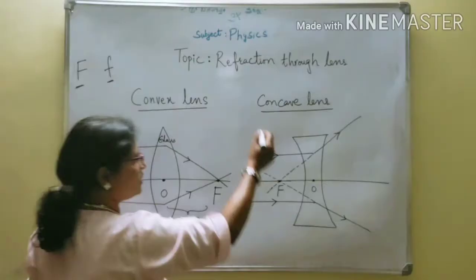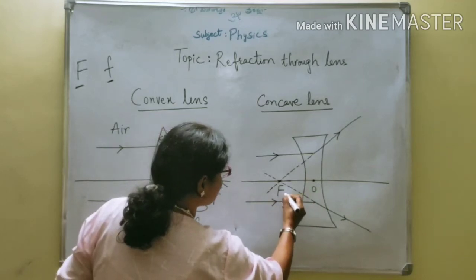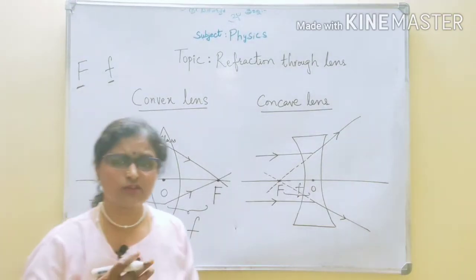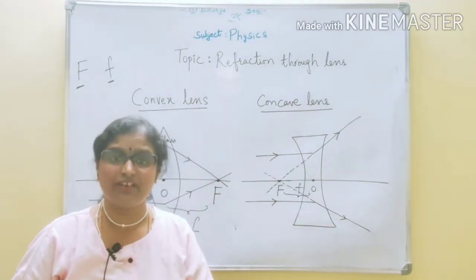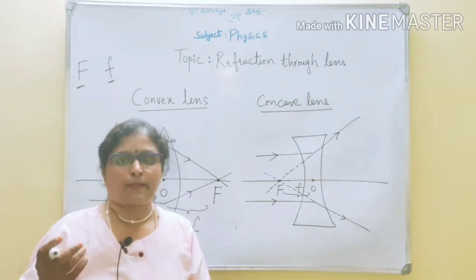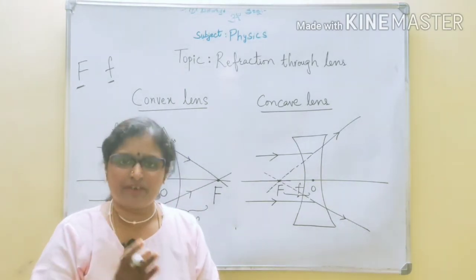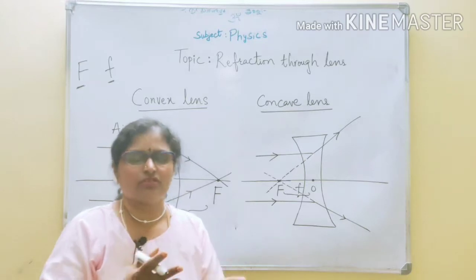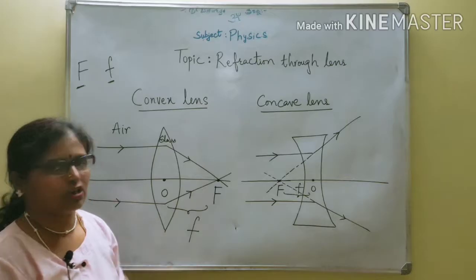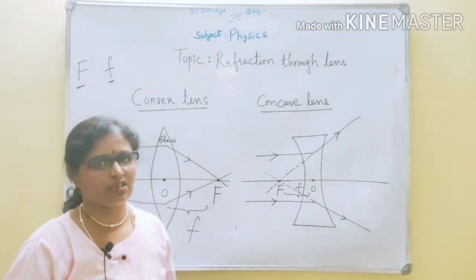So similarly in the concave lens also we can mark the distance between the optic center and the focus. So this particular distance, where you can see, that is nothing but the focal length. We can measure the focal length of a given lens by focusing a faraway source of light or any faraway object. We can obtain the image on the white screen and measure the distance between the lens and the screen. That distance will be nothing but the focal length. So that is how we can perform some simple activities to measure the focal length of the given lens.